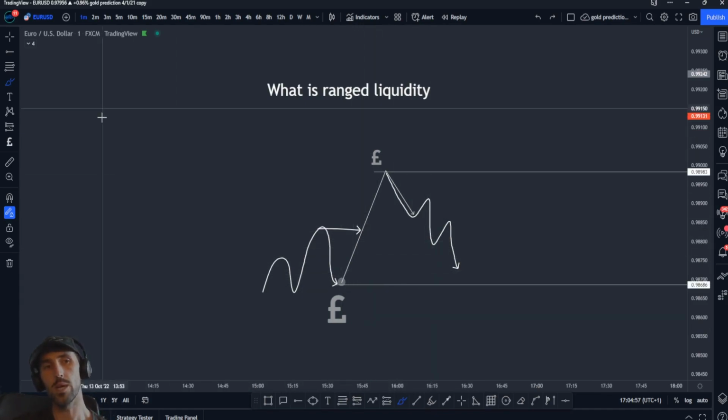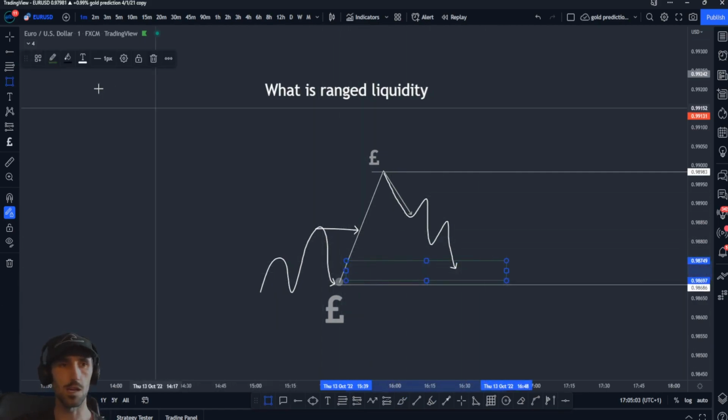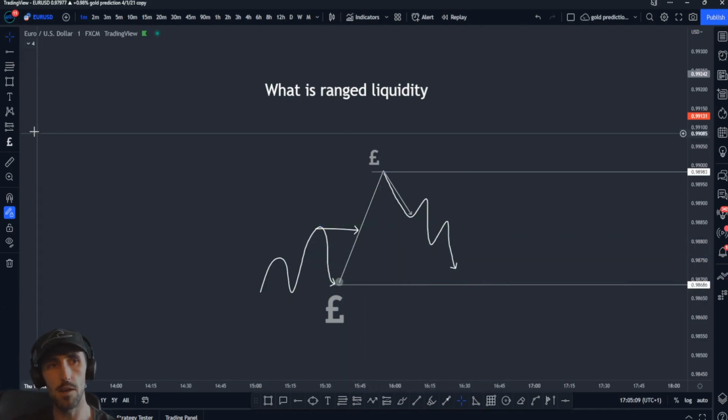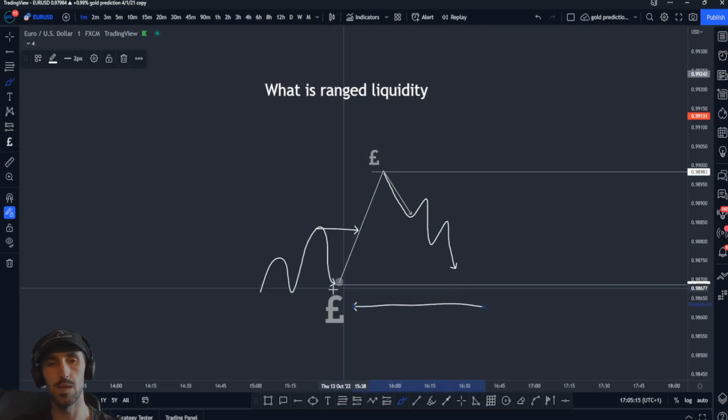Now, when we have these areas, for example, a POI, or a push up, the last upshift before the down move, or the last down move before an upshift, like that, for example, this area is where the big guys are getting in. Now, this investment here that I spoke about earlier is not an investment that we can simply